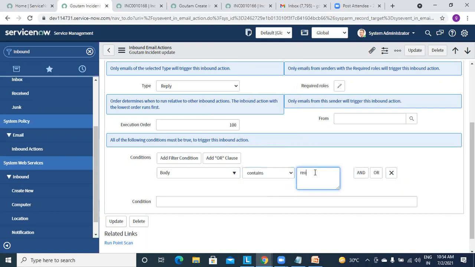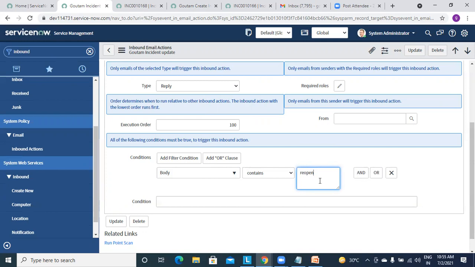Like the word reopen. In a real-time example, if the body contains reopen, like a user story, whenever we reply and the body has reopen, we should reopen the incident, if it is closed. So there we will check these conditions: if the body has this word, only then we will reopen.